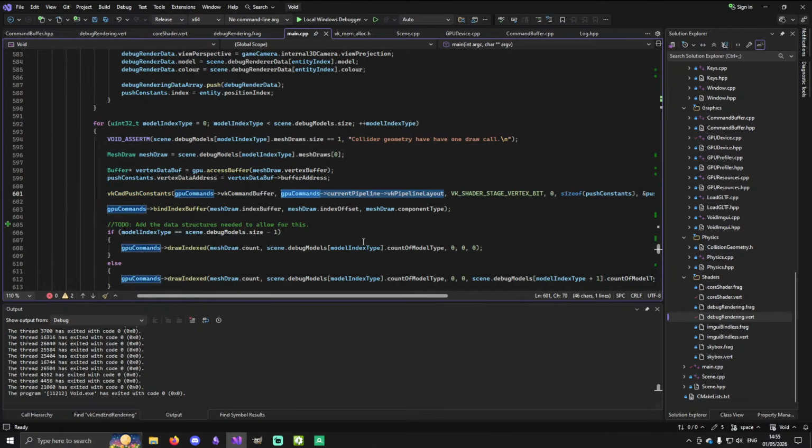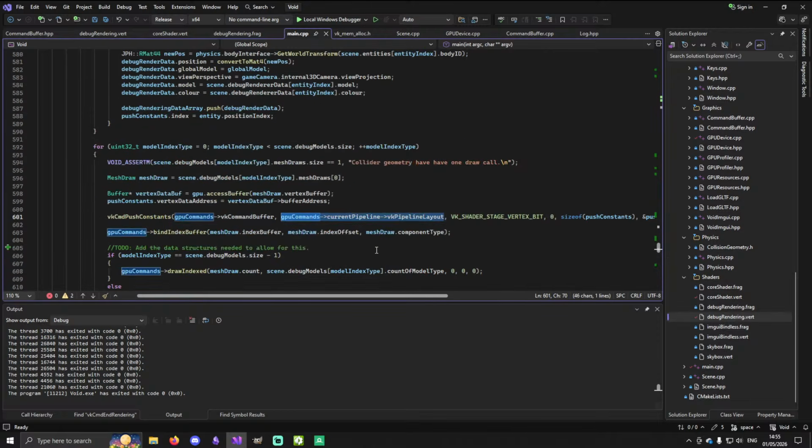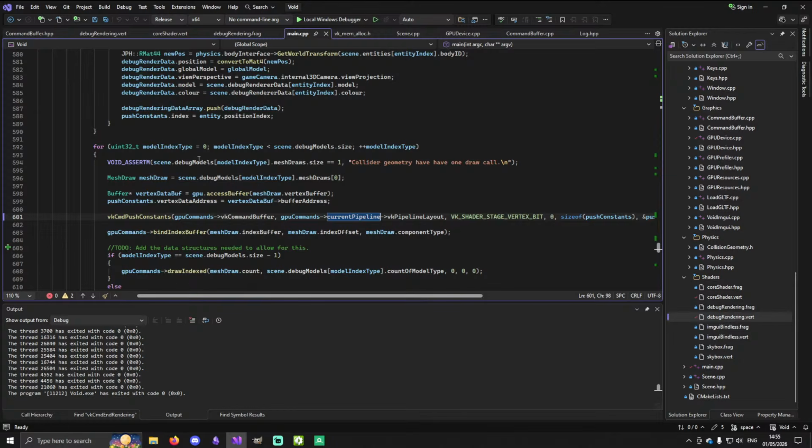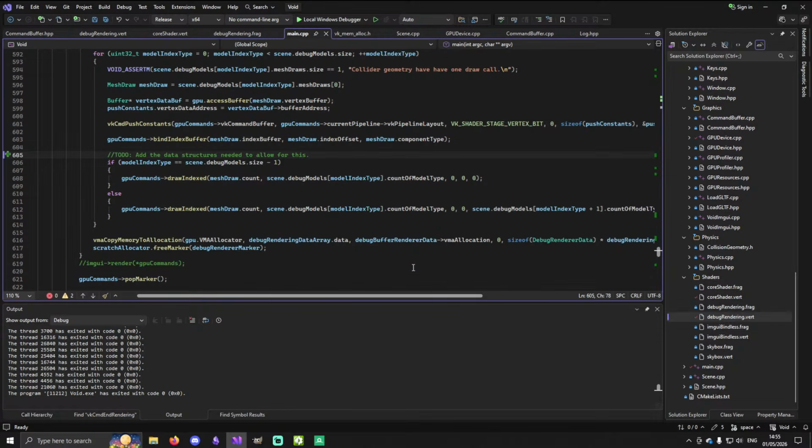And in fact, I could probably simplify this considerably. What does it actually need? The pipeline layout. That's a little tricky to track, but anyway, if that's fine, then